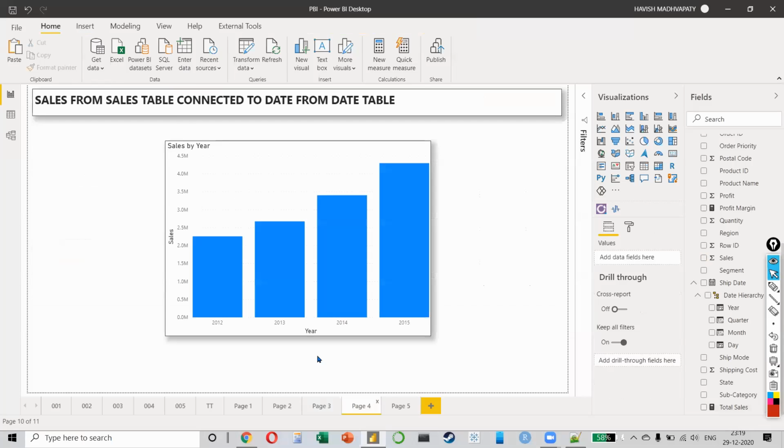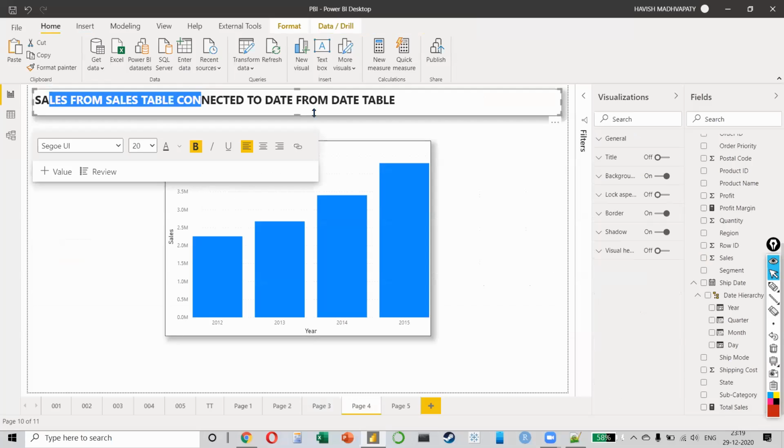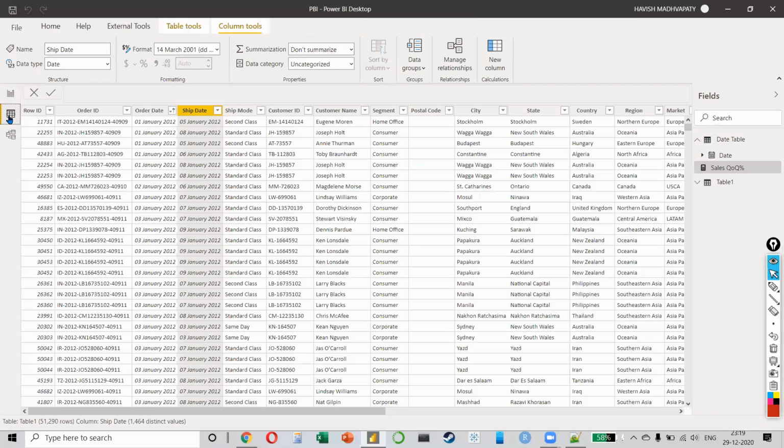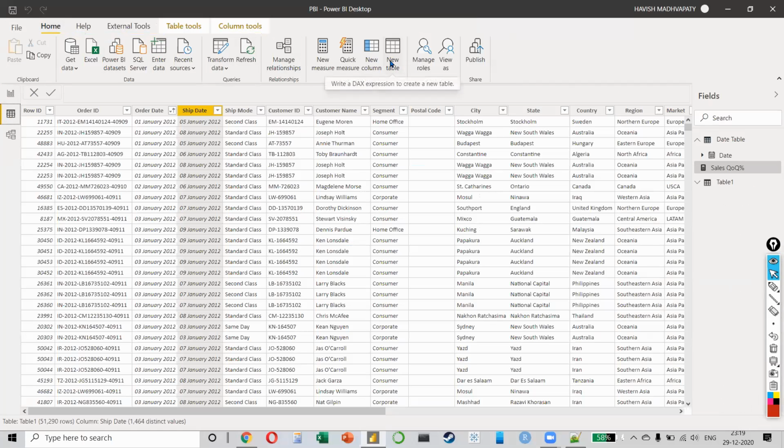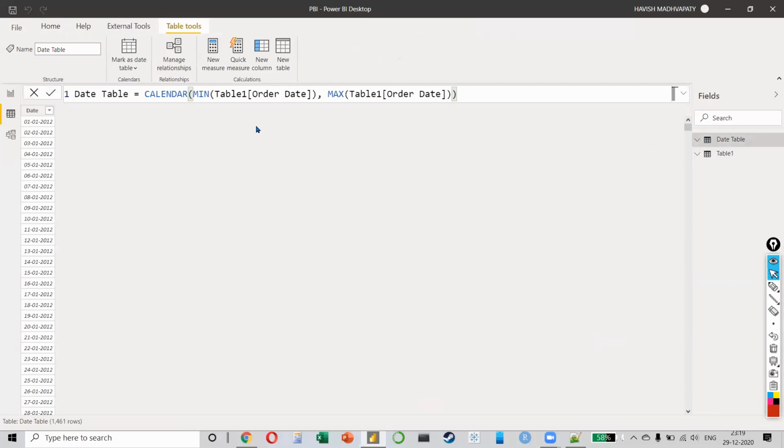And then we did a date table. I told you that you can make a date table and connect it to the original order date. So we went to data, we created a new table, and the calculation was CALENDAR with min and max. This is a standardized calculation that you will use everywhere.